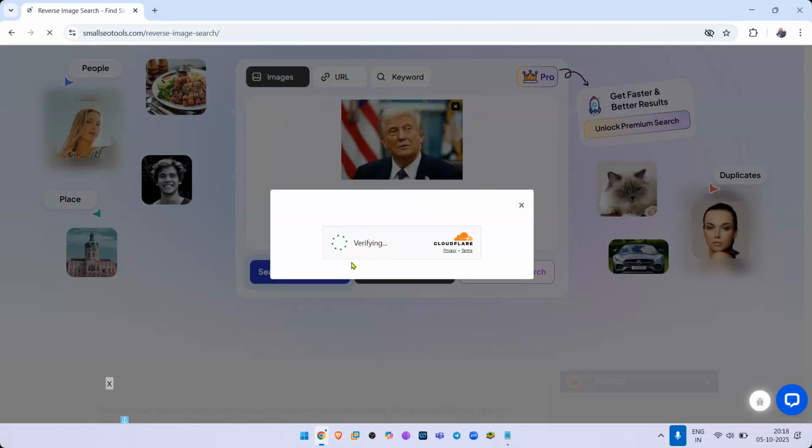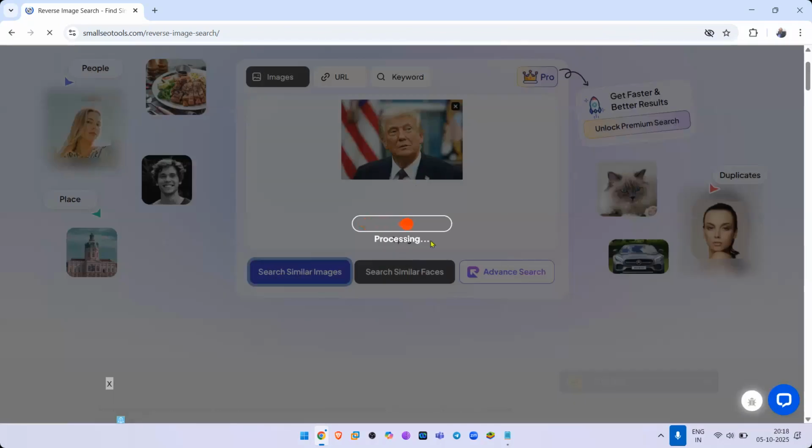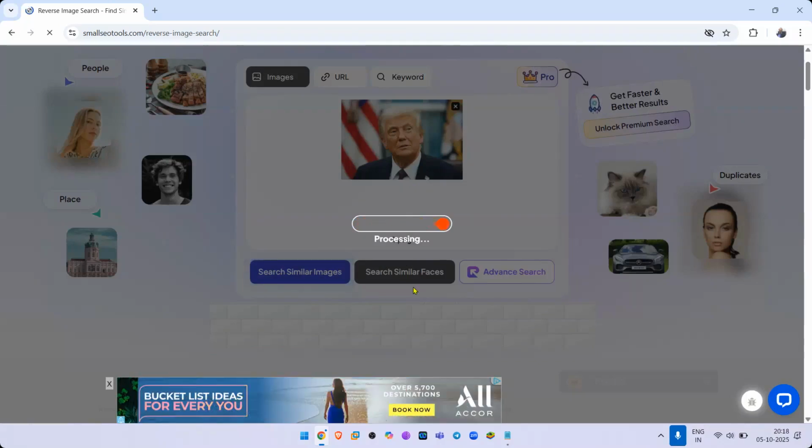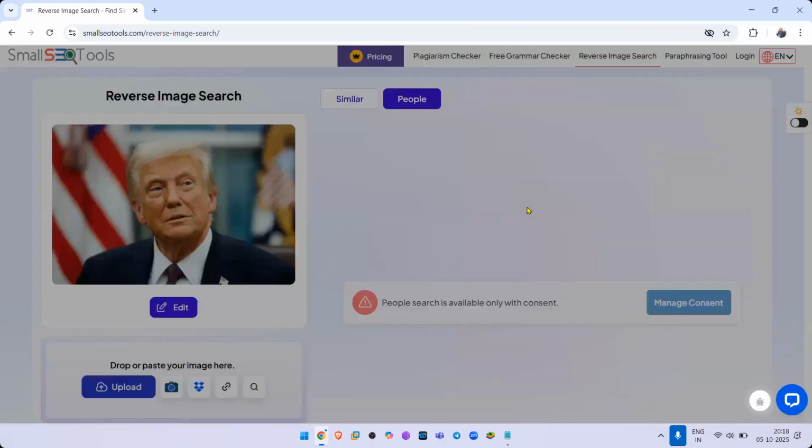So let's go ahead and click on verify. It's trying to see whether I'm a human being or not. Human beings usually move the mouse here and there, and by the randomness, it can make out that this guy is a human being. So let's see if it's processing, and let's see if it's able to find this guy.